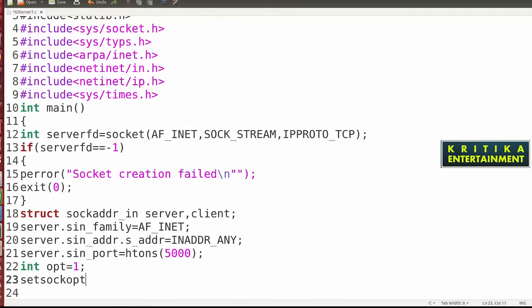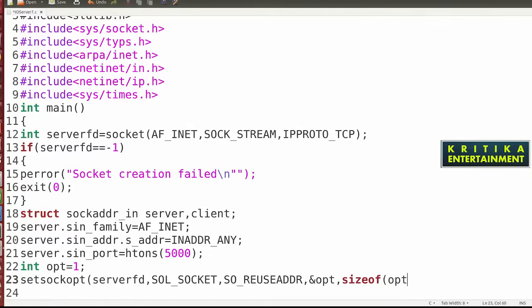So setsockopt: pass server_fd, then SOL_SOCKET, then SO_REUSEADDR, then ampersand opt, then the size of opt. Okay, this is how to write the function.